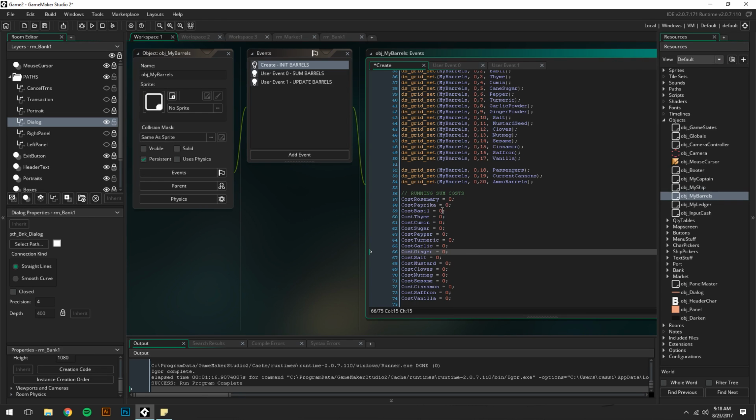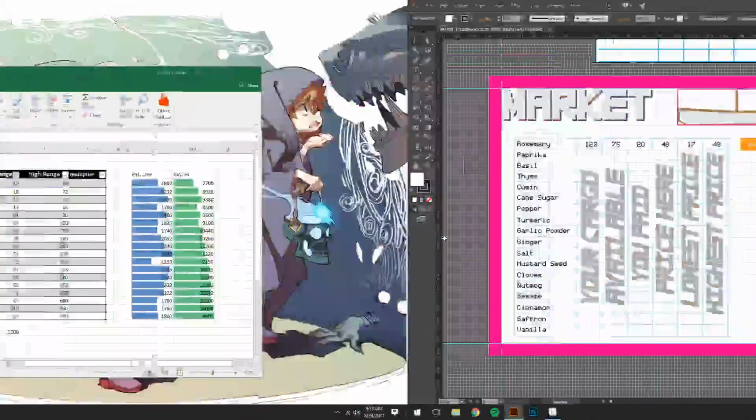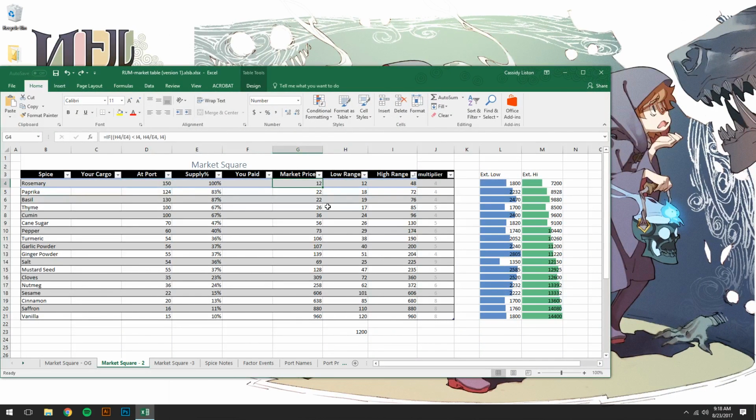These numbers will just sort of, every time you buy something on the market, like every time I buy rosemary, right here, I've got a market price of 12, and there's 150 barrels of rosemary at this port that I'm at. So I'm gonna buy 100 barrels. So we'll say equals 100 times our market price, and obviously 1200. So this 1200 here would